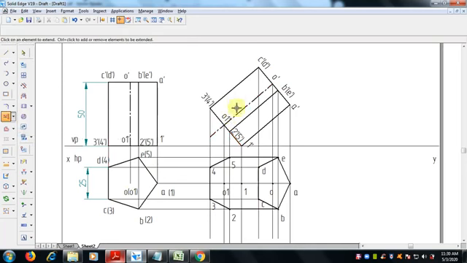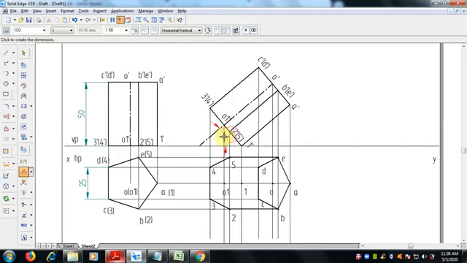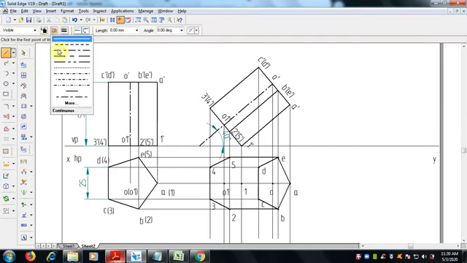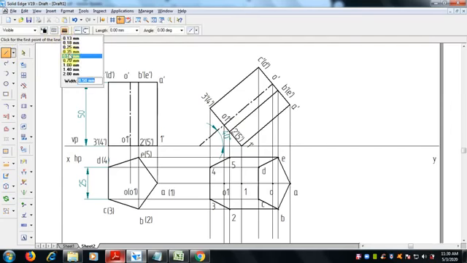is the center axis. The center axis is given as inclined 45 degree. So when it is inclined, we can see only this is visible, and here it is invisible. So I want to make this a hidden line. Select line command, go for hidden lines or dashed lines, 0.5 mm thickness. This is the corner which is the hidden corner. This hidden corner is joined with this, and here with this. Okay, now this is the view.